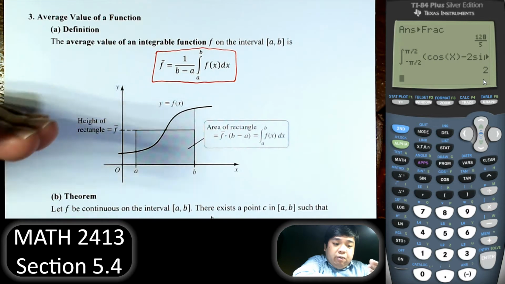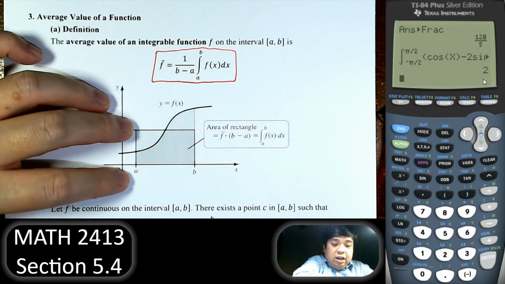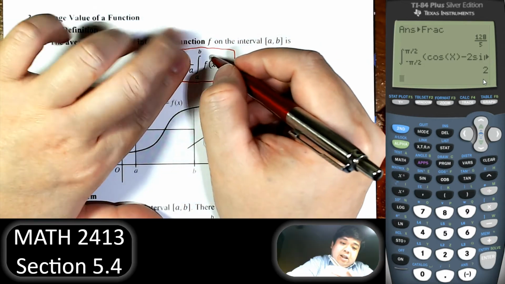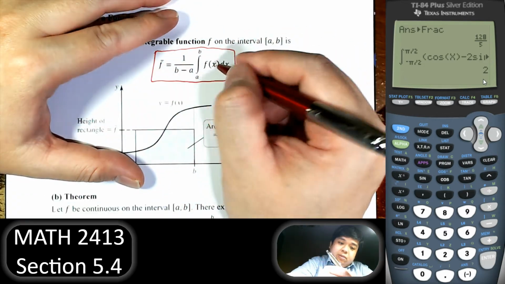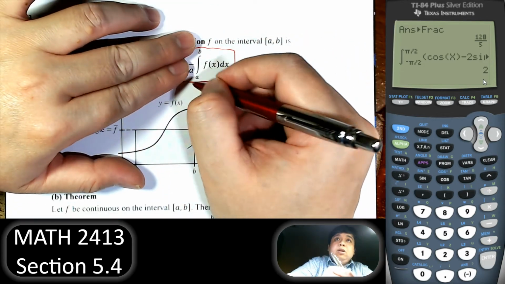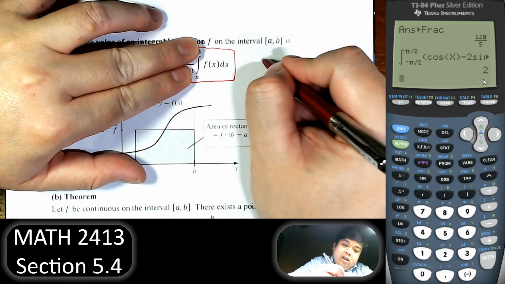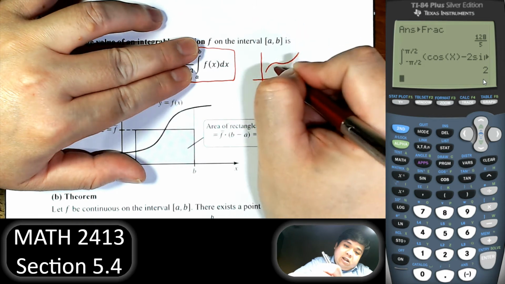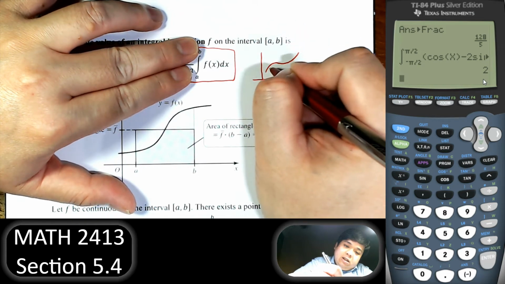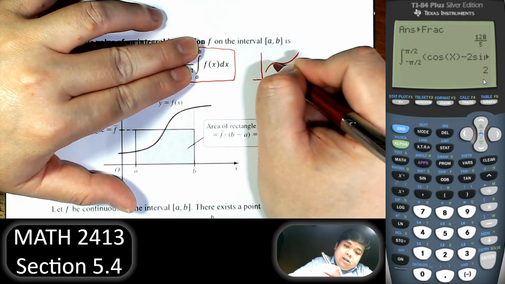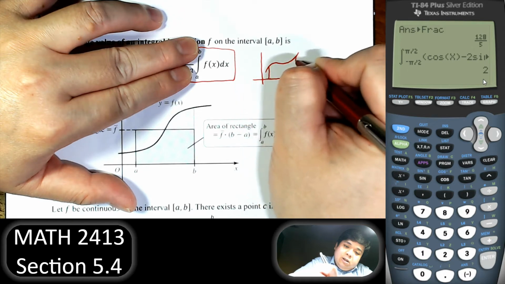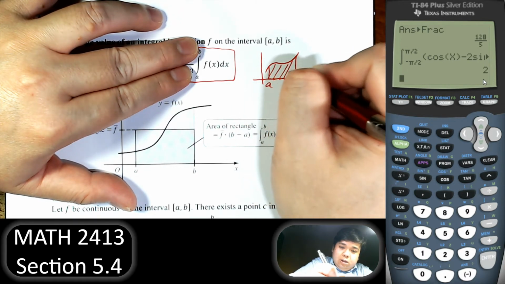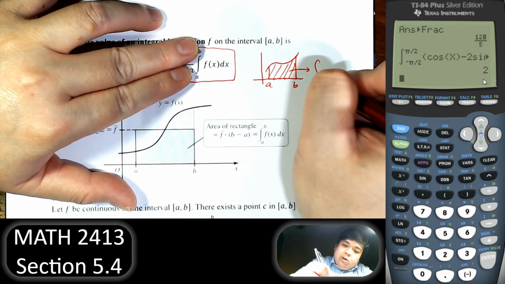Think about this: when we talk about the integral, that is the area under the curve. So let's say we have a function like this. That area is equal to